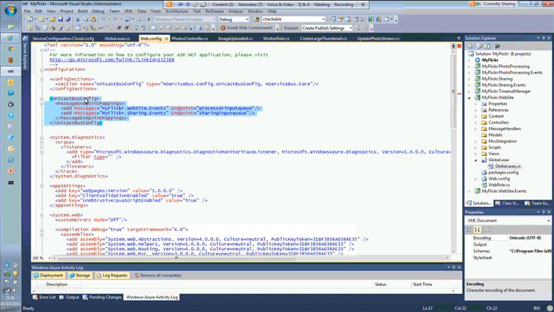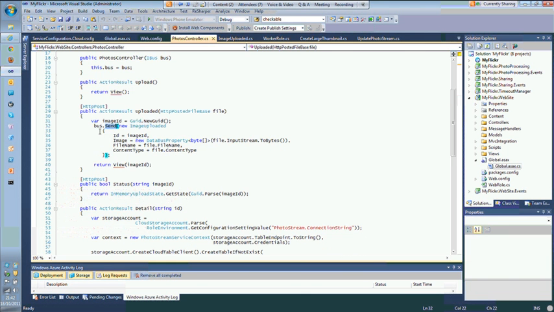You have a unicast bus config section with the message endpoint mappings, and in this case all messages defined in this assembly need to be sent to this queue, and all messages defined in this assembly need to be sent to this queue. Now here is a little bit of a difference. In this case, this queue is a destination for the send operation on the bus here. In the second case,